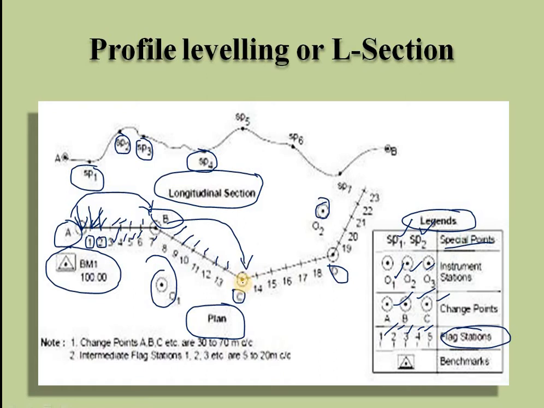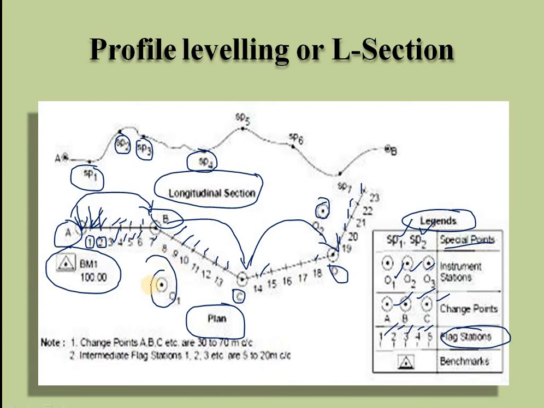So from the C point we will observe 14, 15, 16, 17, 18, and again from the D station point the instrument will be fixed here, and we will be seeing 19, 20, 21, 22, 23. So meanwhile the ground is up to where the end we will be doing this type of leveling. This is known as profile leveling. So by seeing all the levels we can get the ground differences.